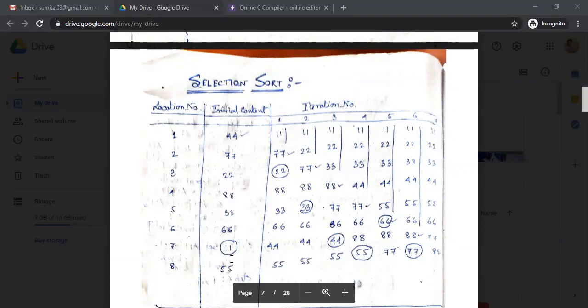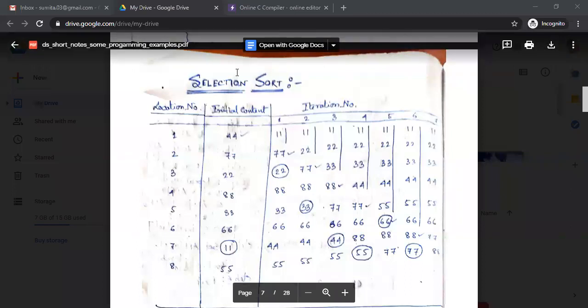Actually, we are working with positions when we work with an array, maybe a one-dimensional array, maybe a two-dimensional array. I'm not talking about the value, I'm talking about the position in the array, because you are actually working with the position. Whatever the value at that particular position, you are working on that. So basically, whatever we write in our algorithm or program, we write in an index manner.